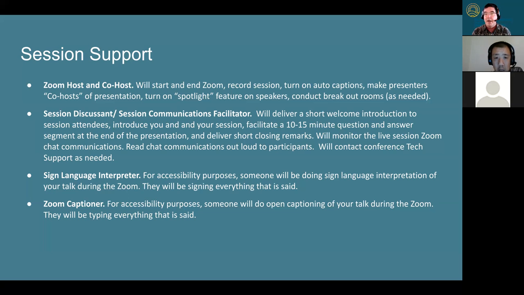Now, just so you know, there will be an American Sign Language interpreter at each session, and they will be doing interpretation of what you say. So everything you say will be signed. If you can make sure that your presenter, whoever you're working with, has some sort of vocabulary list for the American Sign Language interpreters and also for the live capture, we'd really appreciate it. It would really make the whole session a lot easier.